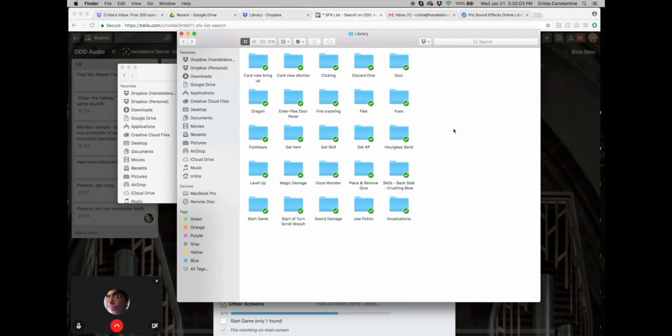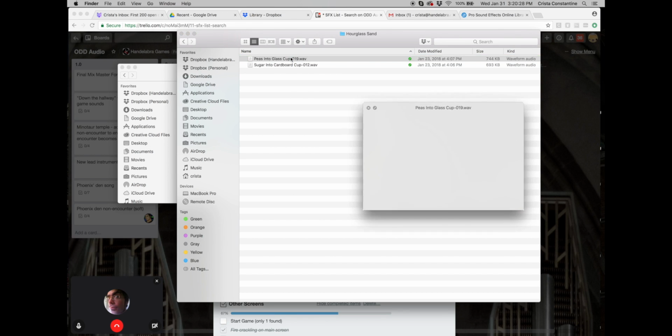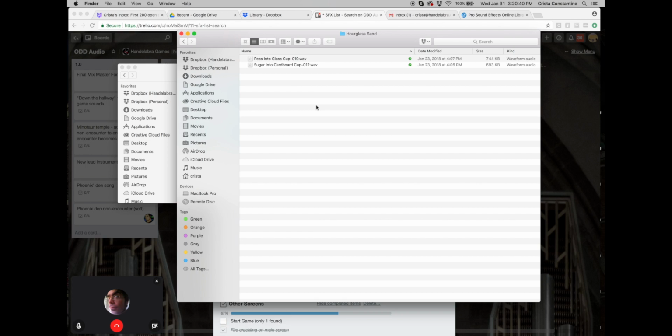All right, let's move on to Hourglass Sand. I believe we already have one of those in the game, but one for when you spend a tiny bit of time, one when you spend a medium amount of time, and then one when you spend a large amount of time. So let's listen to these two. Yeah, so the thing is, neither of those sound consistent with the one that we have in the game already,